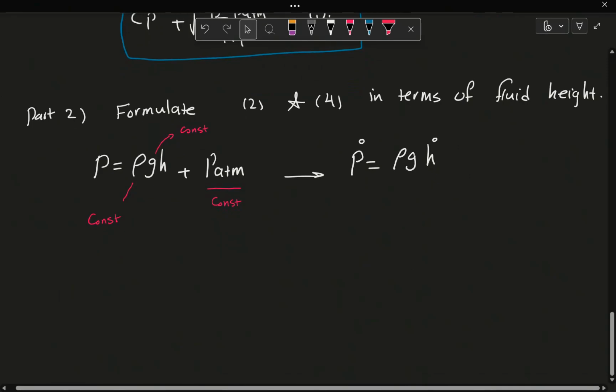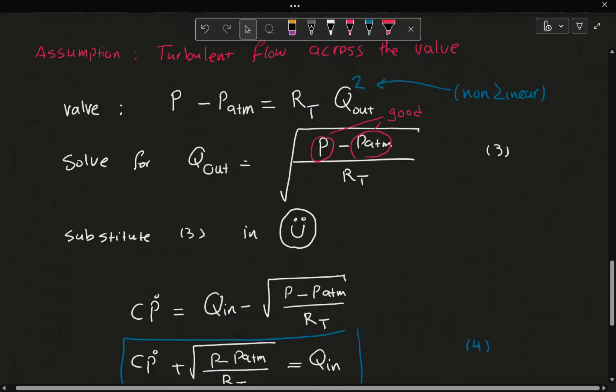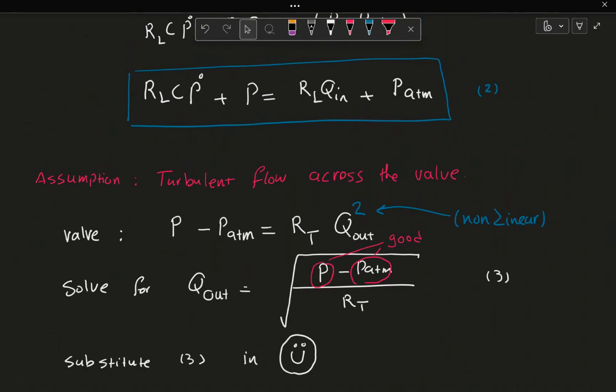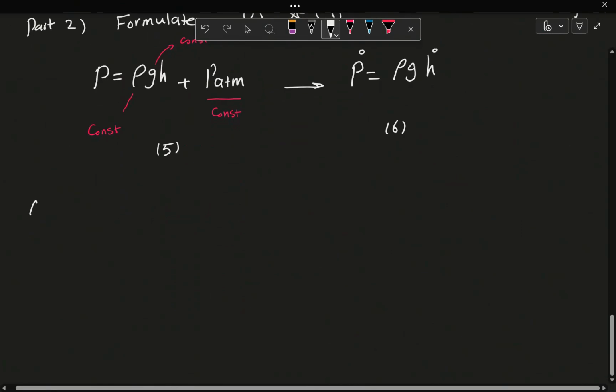So let's call this equation equation 5, and this equation equation 6. So what we're going to do is substitute equation 2 and equation 4 instead of P dot from equation 6 and instead of P from equation 5. So if you want to formulate the laminar flow,